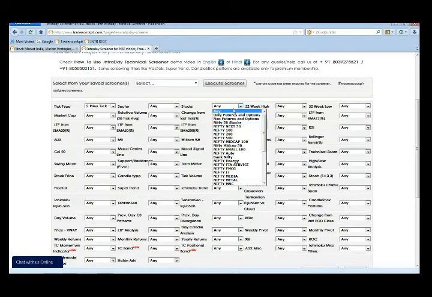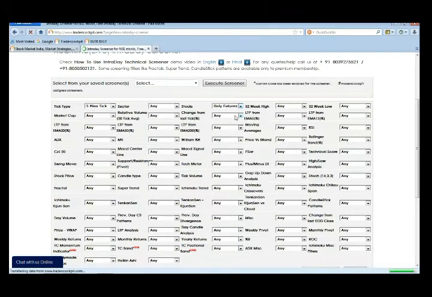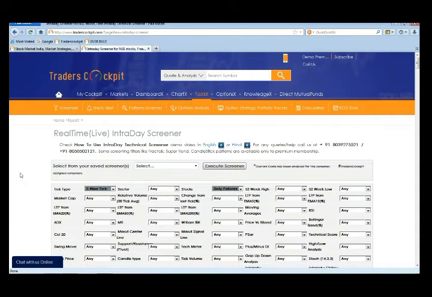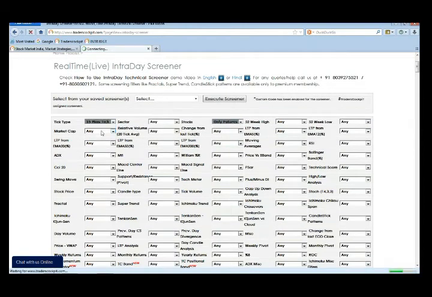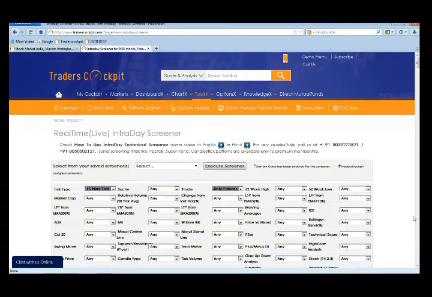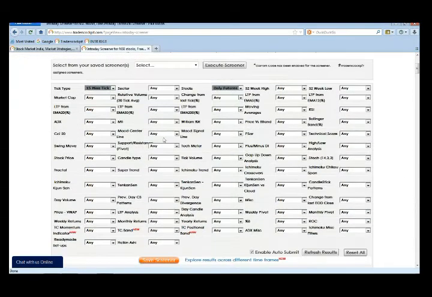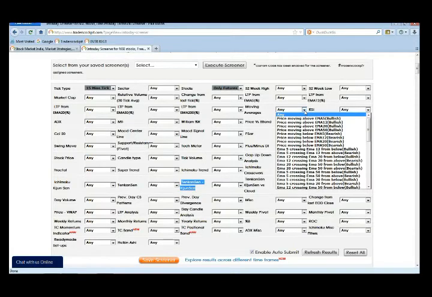Say, for example, let me take the case of only futures and options stocks, and on the time frame I select a 15-minute candle here. Downside you'll be able to see the names of all the standard indicators available. You may be a trader trading on moving averages, or using RSI, Bollinger Band, Ichimoku, or super trend. Here on the page itself you'll find the names of all the standard indicators, and adjacent to each indicator there is a drop down box. You just need to click on that drop down box and it will show a list of parameters.